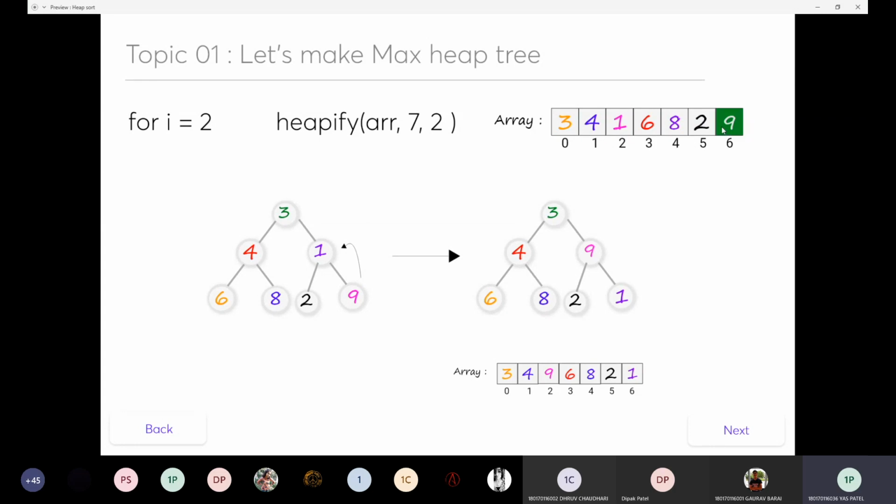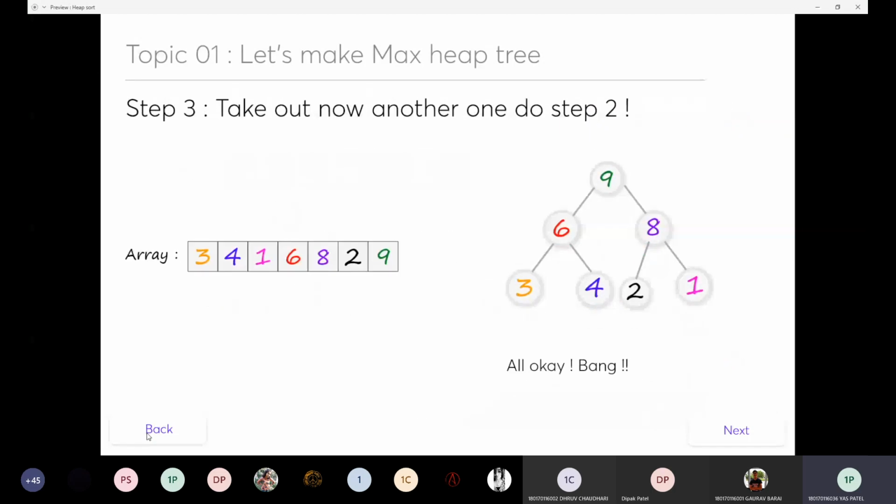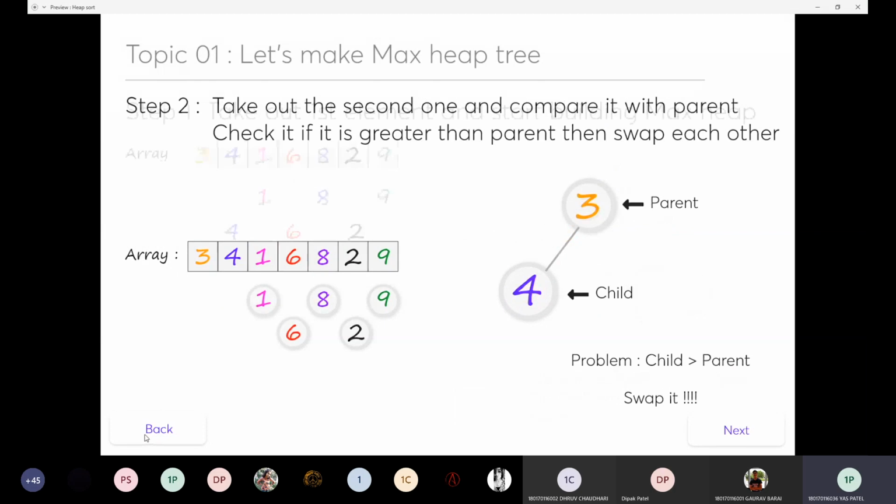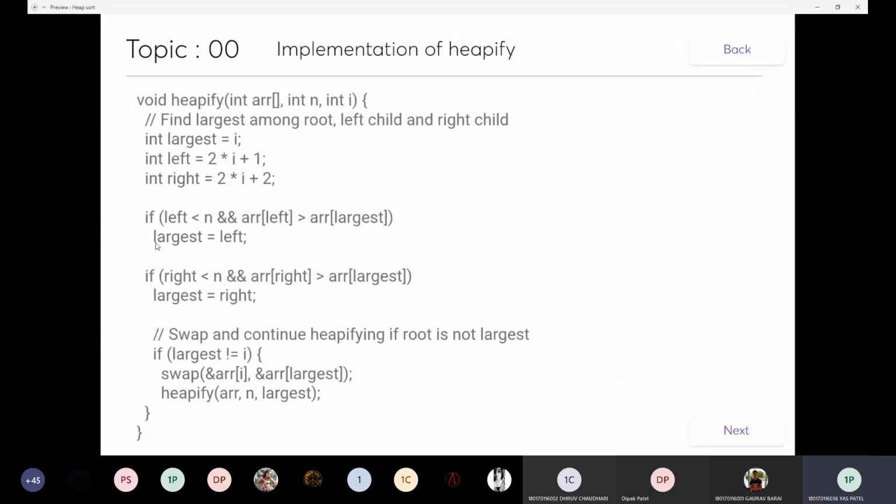But what does the heapify process say, just the algorithm. We have seen this algorithm: set largest equal to i, so that the parent is initially the largest. The condition is, if array of left is greater than largest, then set largest equal to left.